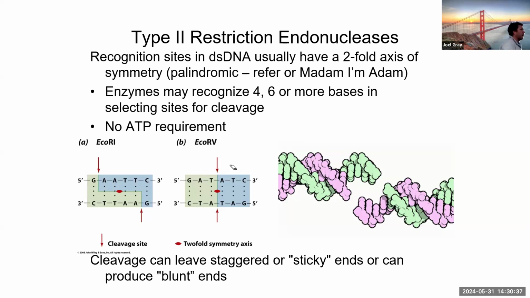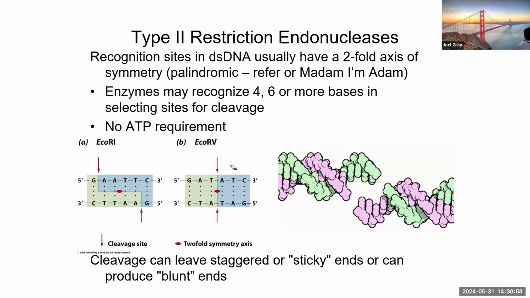EcoR1 has a cut pattern where we have that 5' overhang. That is an example of sticky ends that are produced. Now the other outcome from a piece of double-stranded DNA being cleaved is where you have something like